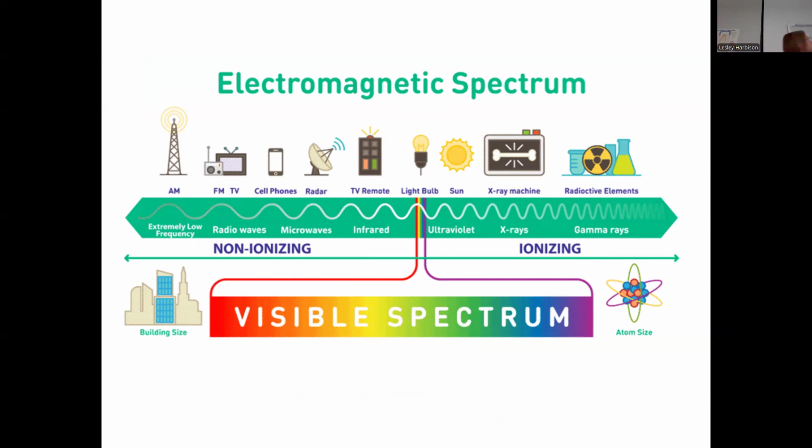All right, so this is just a visual. Another thing that we talk a little bit more about is ionizing, but you notice how on this side we have the light bulb sort of in the middle, and on the non-ionizing form, see how the wavelength is all kind of long and low, the frequency is low and the wavelength is long, and it's all non-ionizing. So AM radio, FM radio and TV, cell phones, radar, TV remote, all the things that we do wirelessly, Bluetooth,